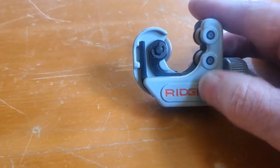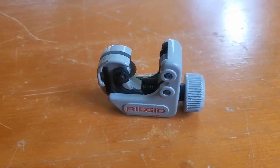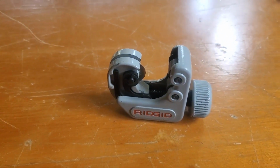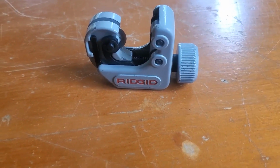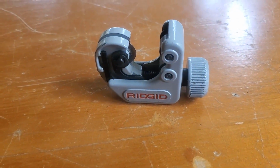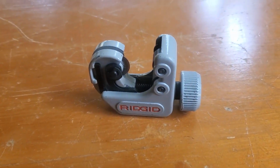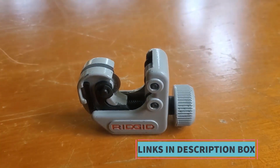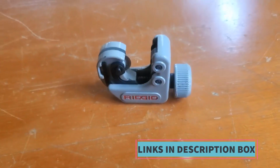Key features. Compact design. The Model 101 is engineered for use in tight spaces where larger cutters cannot operate. Its small size allows for maneuverability and ease of use in confined areas, such as behind walls or inside equipment. Durability. Constructed from high-quality materials, this tubing cutter is built to withstand heavy-duty use. The silver finish adds an extra layer of durability, ensuring the tool remains in excellent condition even after extended use. Precision cutting. The cutter's design ensures clean, accurate cuts, minimizing the need for additional finishing. This precision is critical in maintaining the integrity of the tubing, especially in applications where